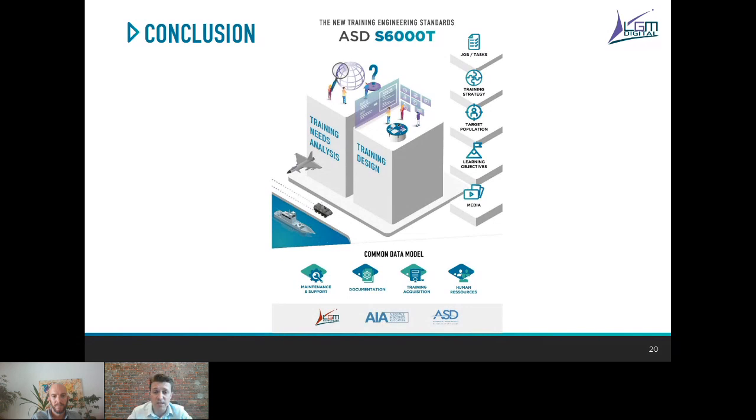So the S6000T is not a methodology, it's a specification, so it gives guidelines and recommendations for the analysis and design phase, as the SAT does. But now, because SAT is not used and it's not a common view so far, we hope that with S6000T we have a common view on the process, as we have different expertise from different continents, from USA, from Canada, from Europe, working together to have this S6000T.